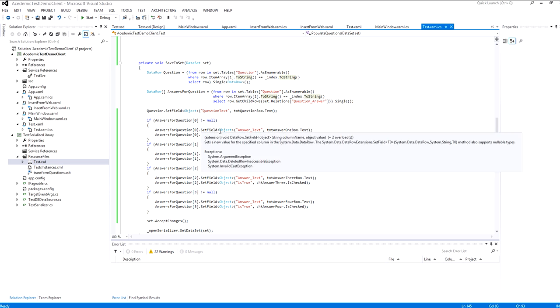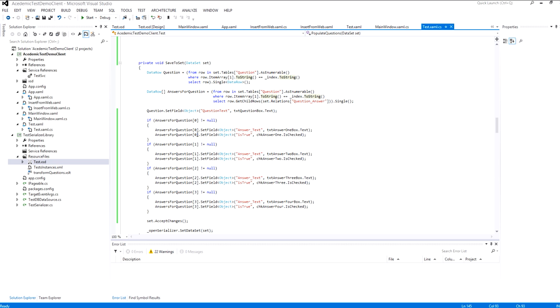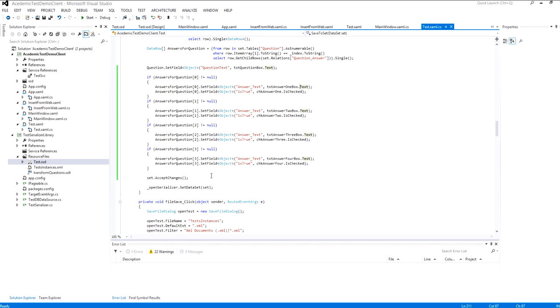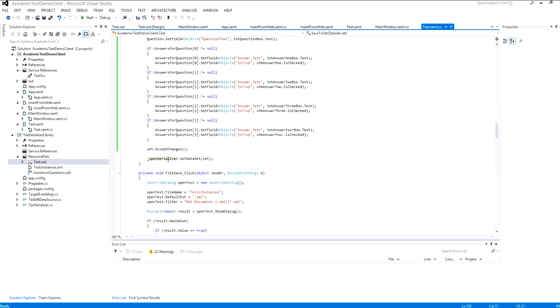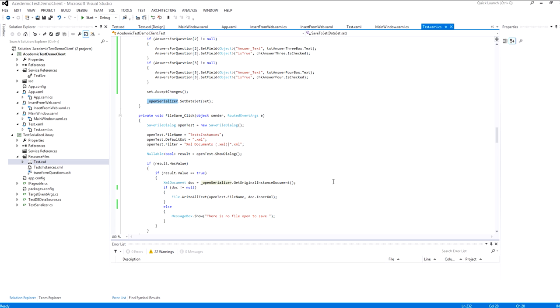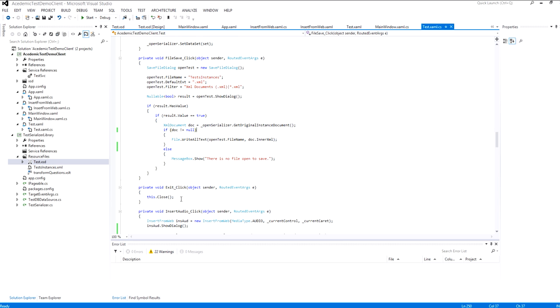It uses the set field method and sets the appropriate field of the appropriate row based on the control's text property. Then I call the dataset accept changes, which updates the in-memory copy, and then save that to the serializer so that it could be saved as a file or saved to the database later on. Here, file save saves the file locally,